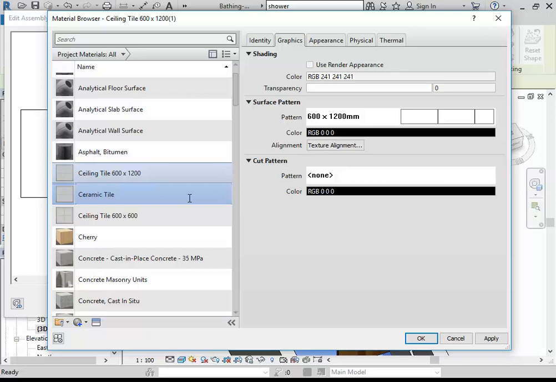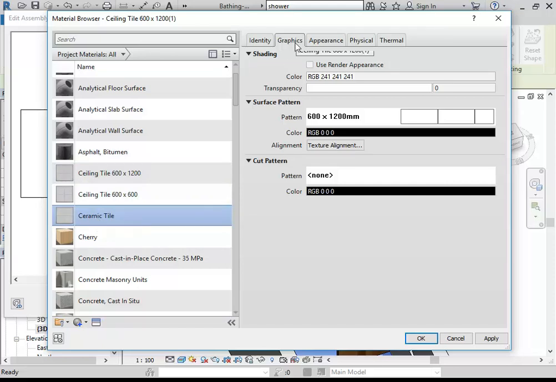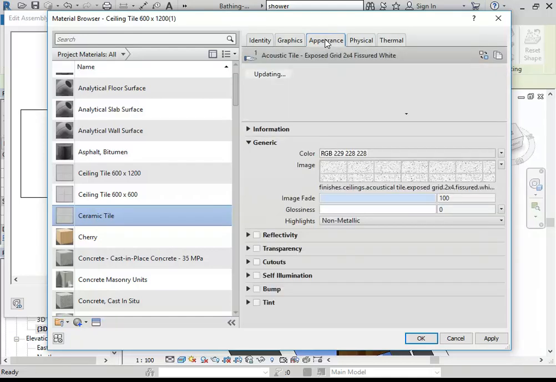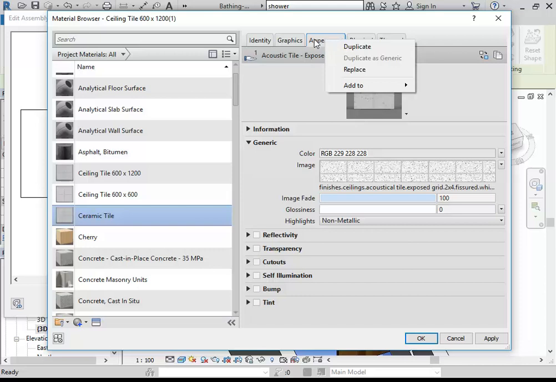And I don't know the size, so that's all I'm going to give it. That's the name. So following the same process as before, go to Appearance. Don't forget to duplicate that before you change it. So I'll right click, and then duplicate would work,